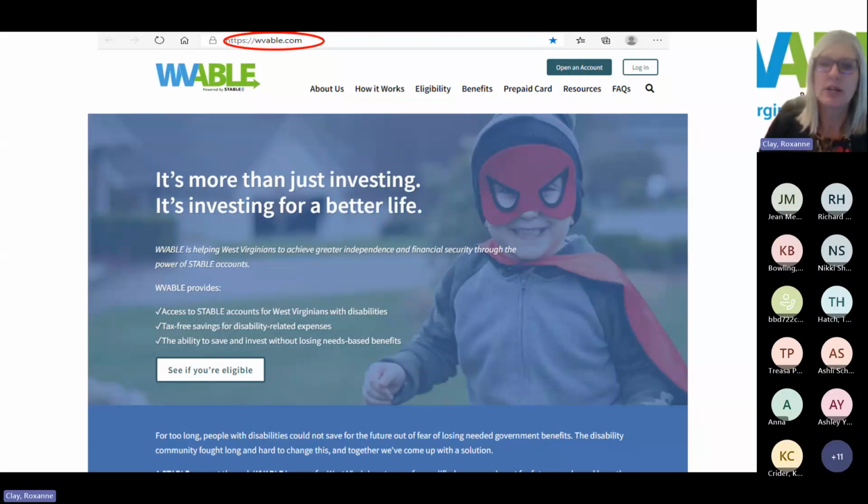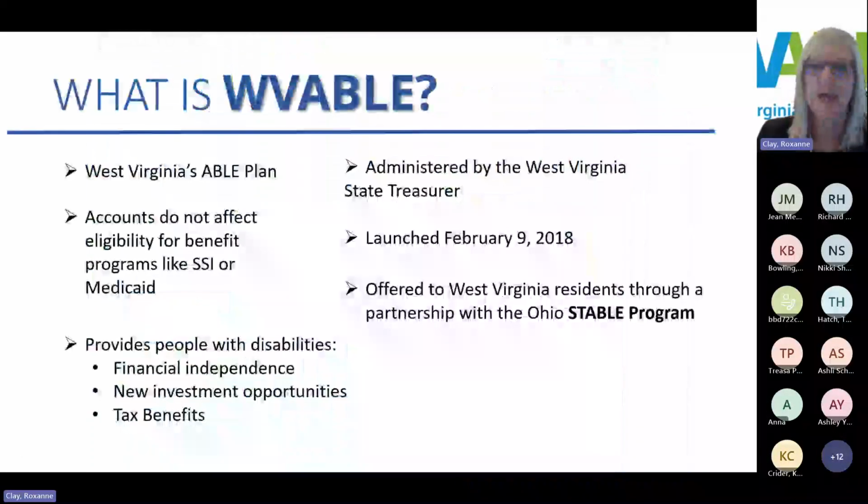And then on this slide, you see a screenshot of WVABLE.com. So if you have an additional monitor or a smartphone, feel free to take a look at the WVABLE.com website. I'll be referring to the site throughout my intro. Know that it's the main hub where everything takes place. It's also where you go to learn more about the information that I'm sharing with you during this program overview. You're also going to hear Tom and myself refer to the Resources tab, which is located here. This is the tab where all Stable account forms are located.